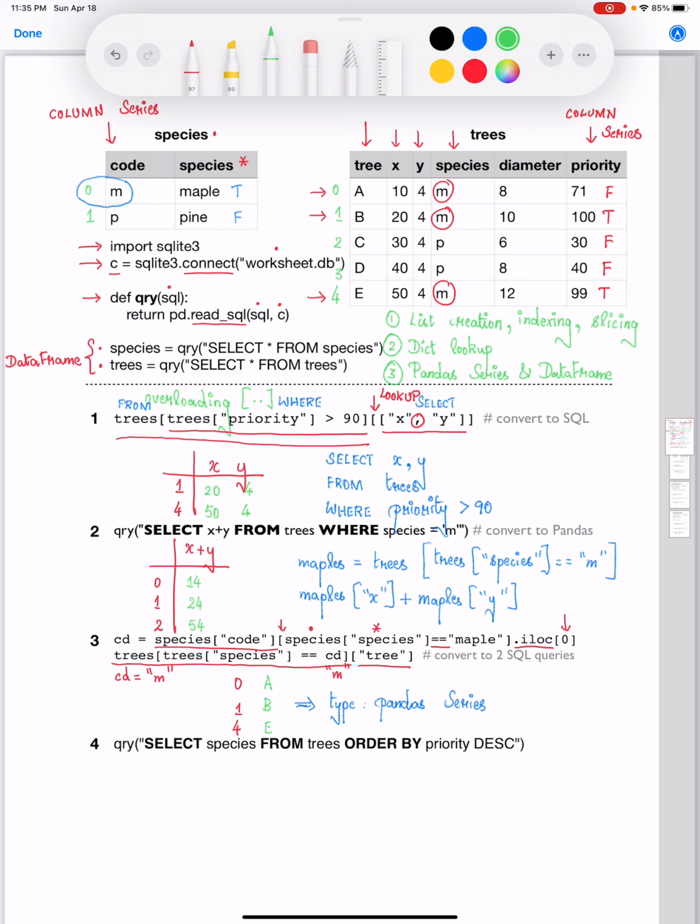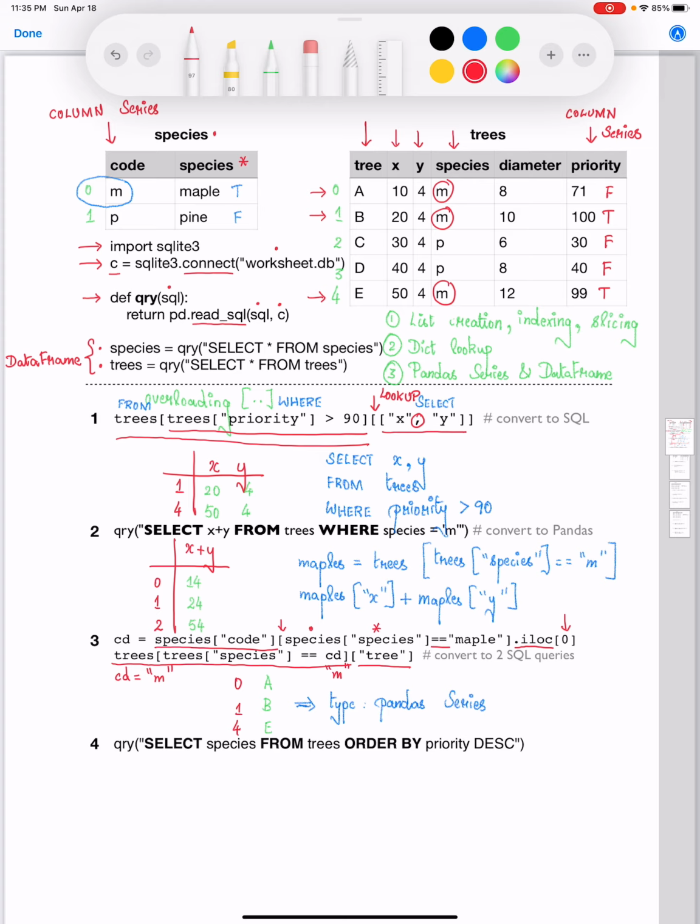I'll let you go through the conversion of this particular pandas lookup operation into SQL query. You will need to write two different SQL queries. After attempting to write the SQL queries on your own, please feel free to use the worksheet answers notebook file to verify your answers to this particular part of this question.